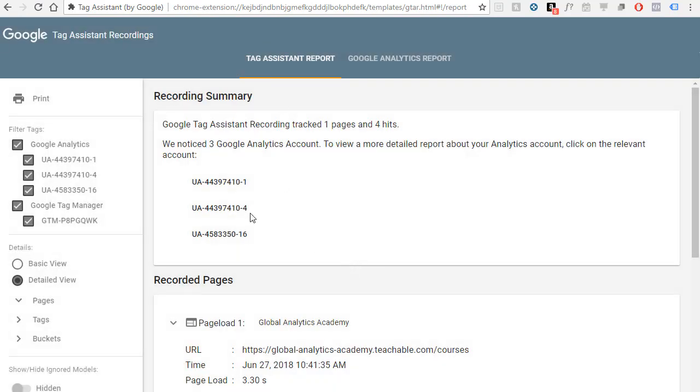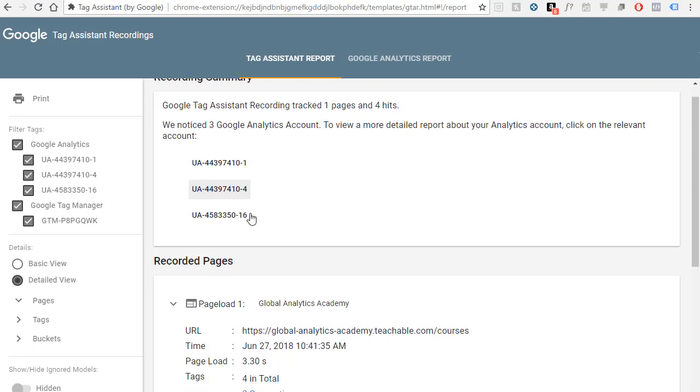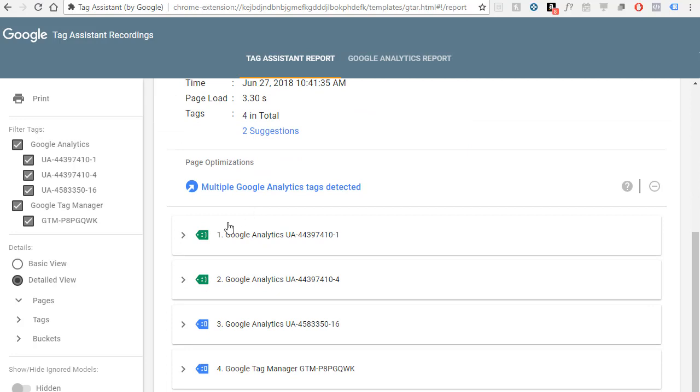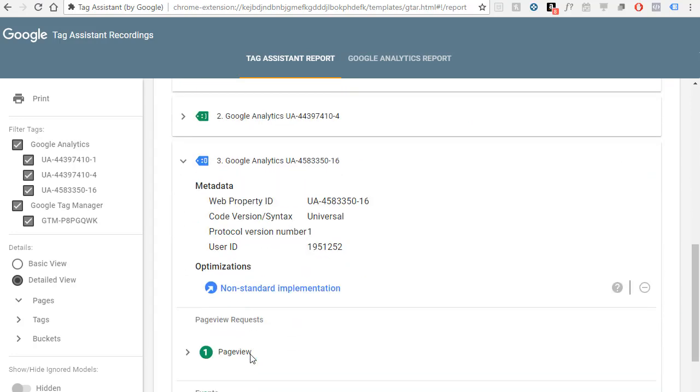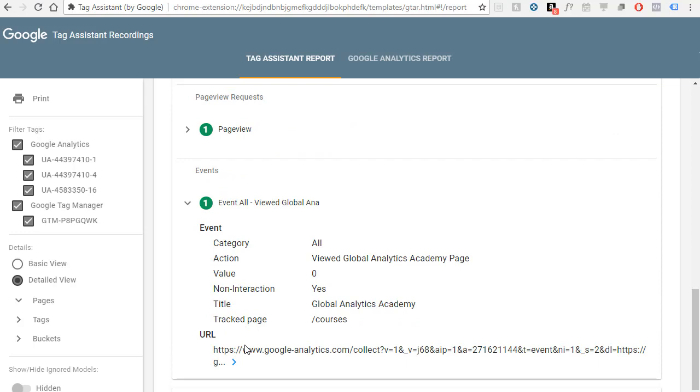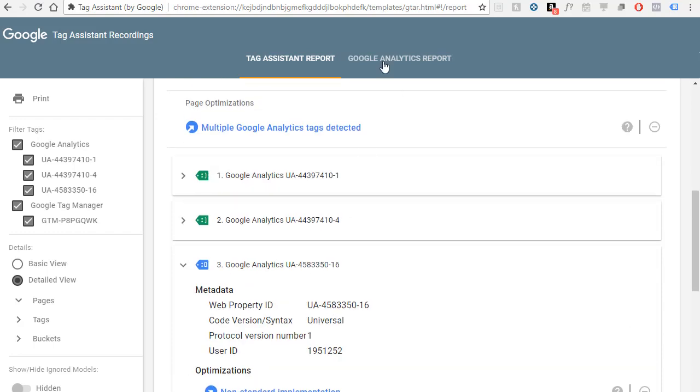Tag Assistant report, we noticed 3 Google Analytics accounts, what pages were recorded, what were the issues. You can click on the arrow button next to the tag to see the issue with that tag and what's being passed. This is the same information we were looking at in the Tag Assistant, but now it's a report that you can look at. And then go to Google Analytics report,